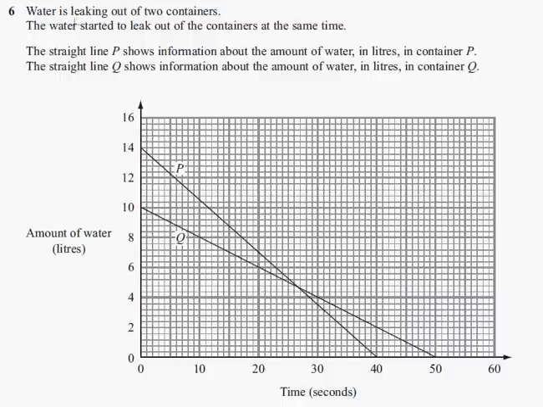Question 6. Water is leaking out of two containers. The water started to leak out of the containers at the same time. The straight line P shows information about the amount of water in litres in container P. The straight line Q shows information about the amount of water in litres in container Q. So on the y-axis we've got the amount of water in litres, and on the x-axis here we've got the